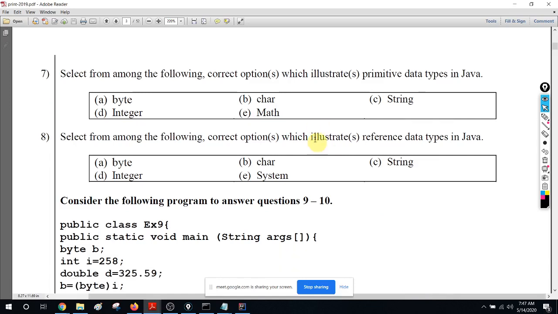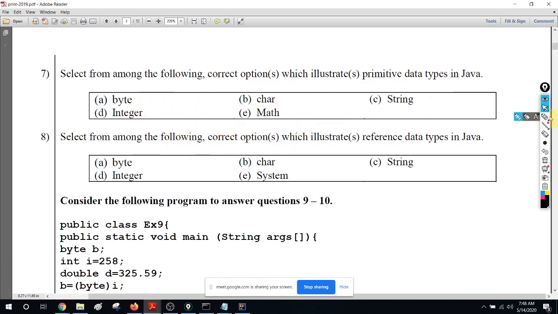Select from among the following correct options which illustrate primitive data types in Java. Remember, we subdivided data types into primitive data types and reference types. What we discussed are the primitive types. We just discussed one of the reference types, which is String. Later we will be discussing some more reference types, like capital Integer. All those primitive types have wrapper types likewise. So I think we can answer this using our current knowledge.